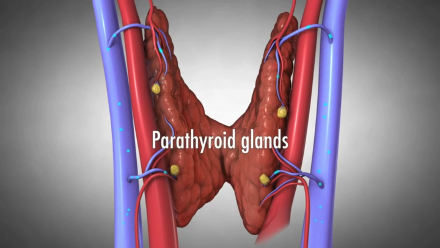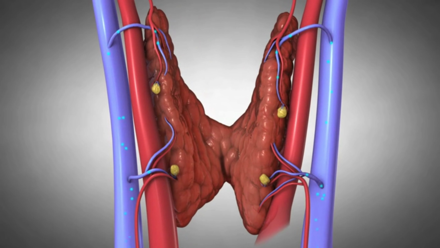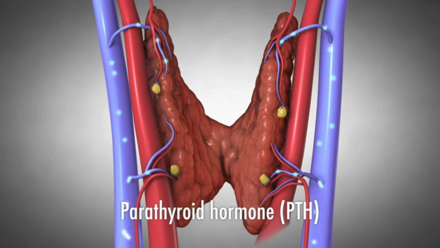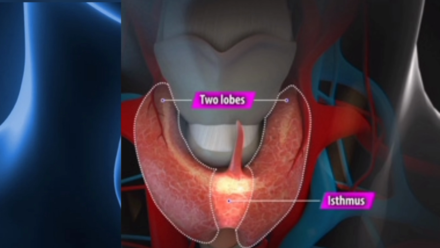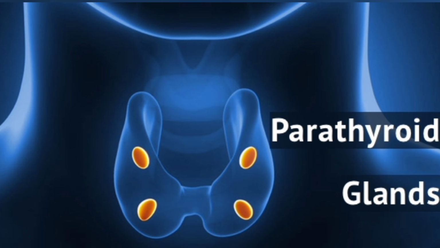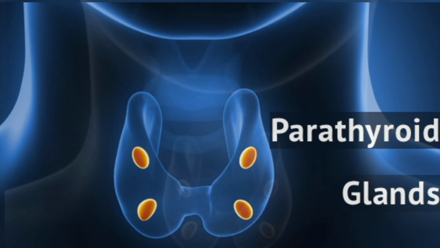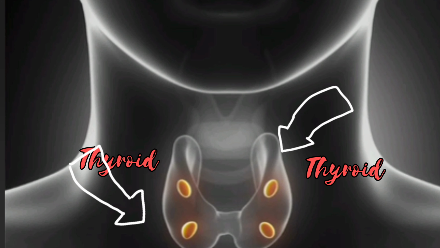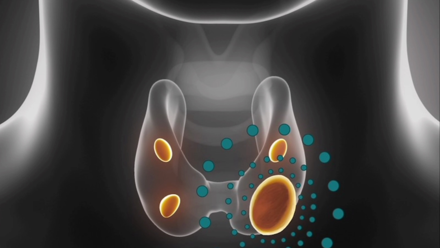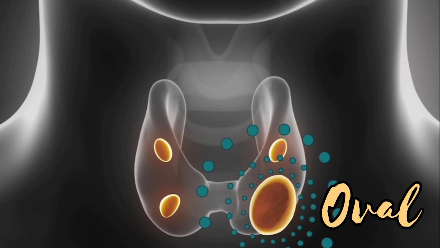Parathyroid glands are small glands in the human neck that produce parathyroid hormone. It is originated from the endoderm. The location of this gland is on the posterior side of the thyroid gland. Parathyroid glands are four in number. Each pair is situated in the two lobes of thyroid gland on either side. These are small, flat and oval glands.